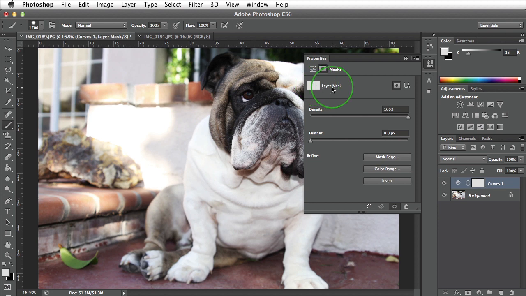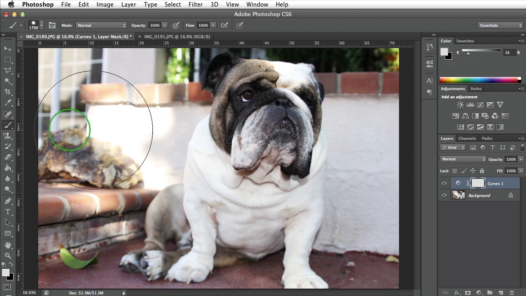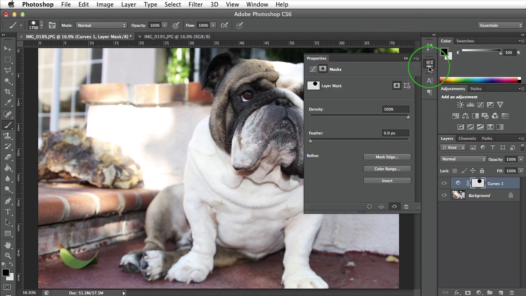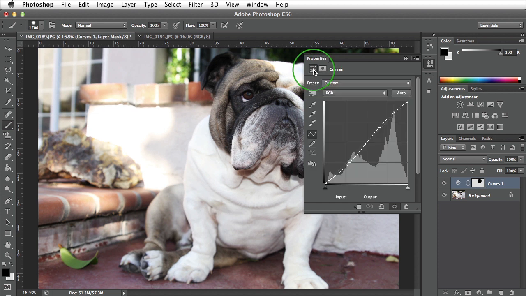If we wanted to draw in a mask, we could do that by going ahead and selecting our brush, making sure that this mask is selected, and then switching to black. If we switch to black, it's going to not affect whatever is in black. So let's say I draw a circle around his face. I can come back over into the properties of the curves layer and see that in the mask section there's a black dot where I drew over his face. I can increase the feather so it softens the edges of this particular brush,